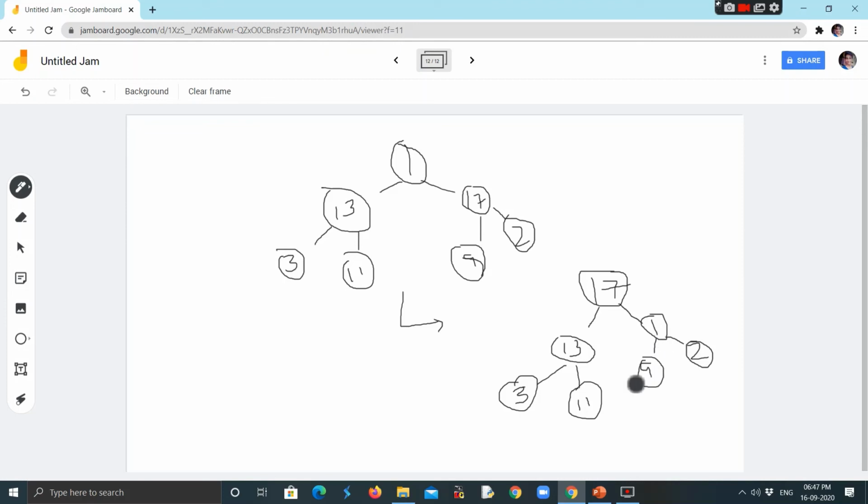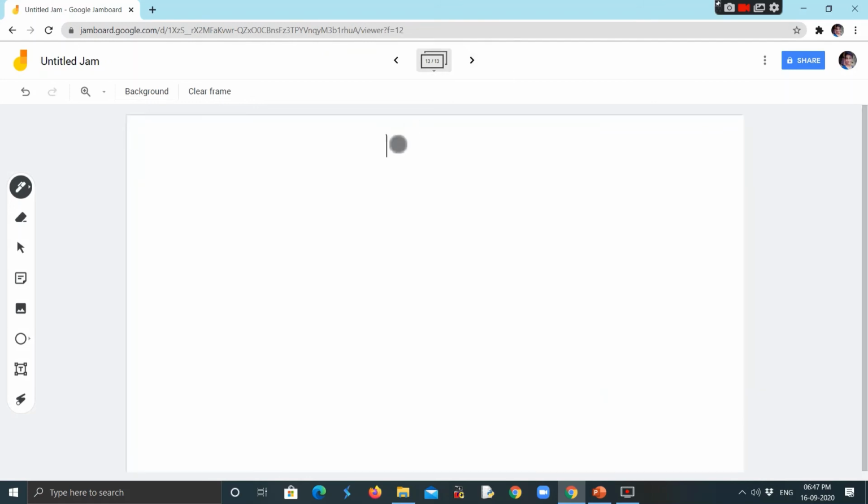Here you can observe that 9 should be taking this place value. Can I write this? It would be trouble in understanding, so I'll take a new slide. 9 will be taking 1's value because 9 is greater than 1, which is there at level 2.